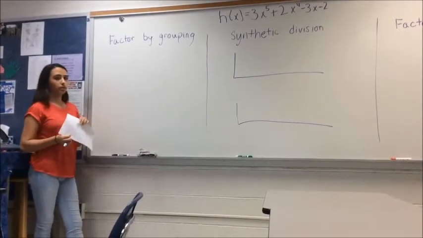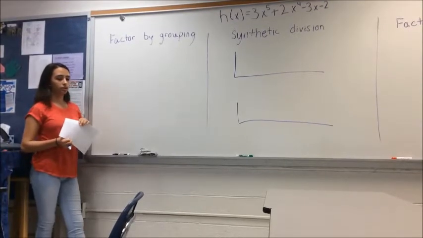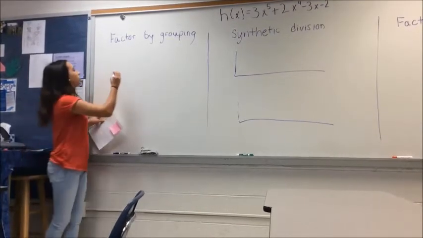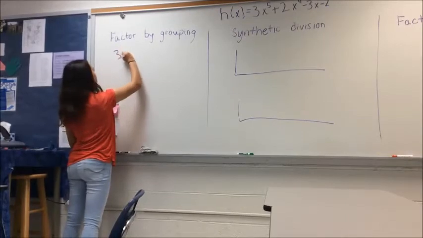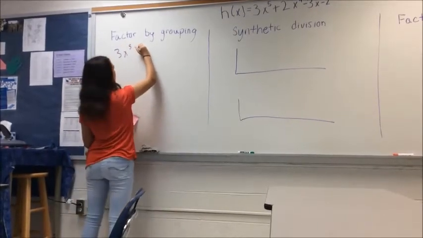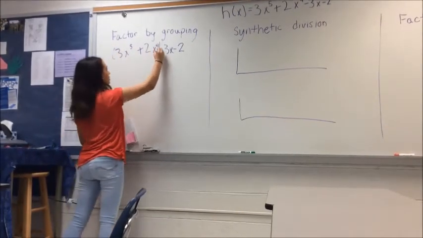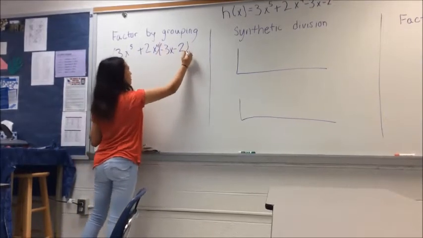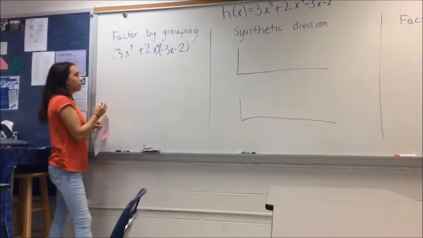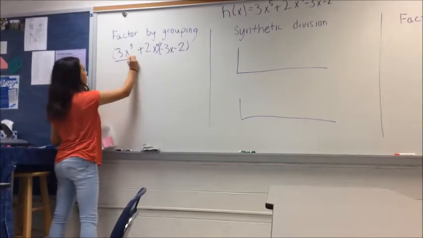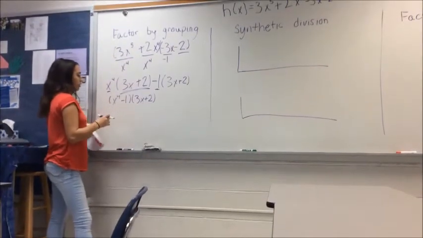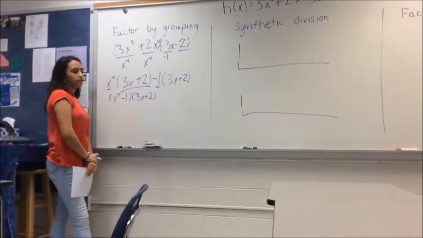If we wanted to, we could use the Descartes rule of signs and the rational zero test, however it's not good. So if we factor by grouping, we have 3x to the 5th. We're going to need to put the first two factors together and the second two factors together. We're going to need to find common divisors for both. The next thing we're going to need to do to find our real factors is set them equal to 0